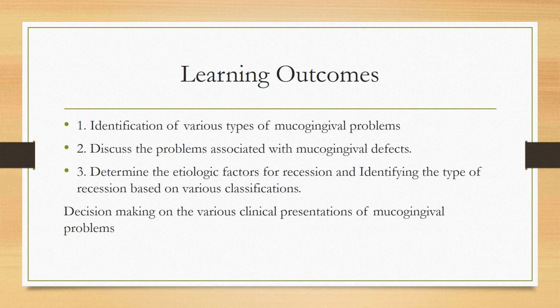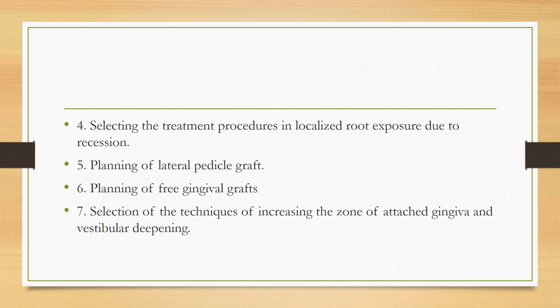Learning outcomes are identification of various types of mucogingival problems, discuss the problems associated with mucogingival defects, determine the etiological factors for recession and identifying the type of recession based on various classifications, decision making on the various clinical presentations of mucogingival problems. Selecting the treatment procedures in localized root exposure due to recession, planning of lateral pedicle graft, planning